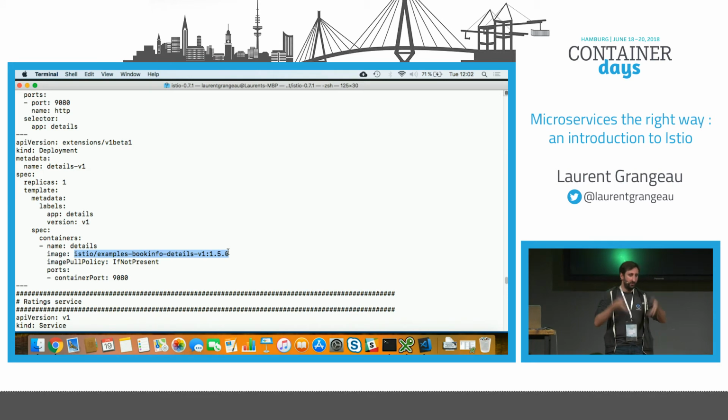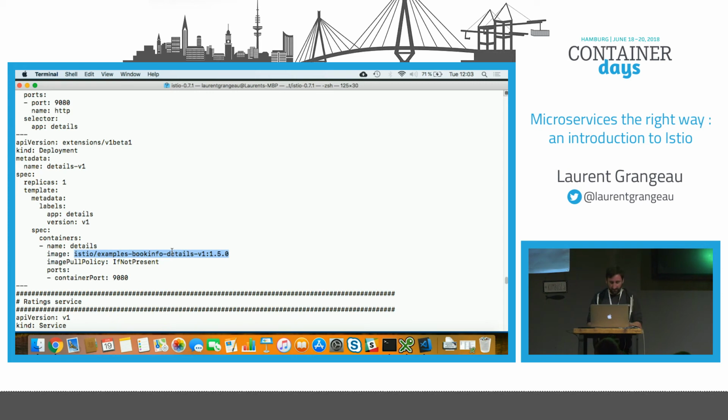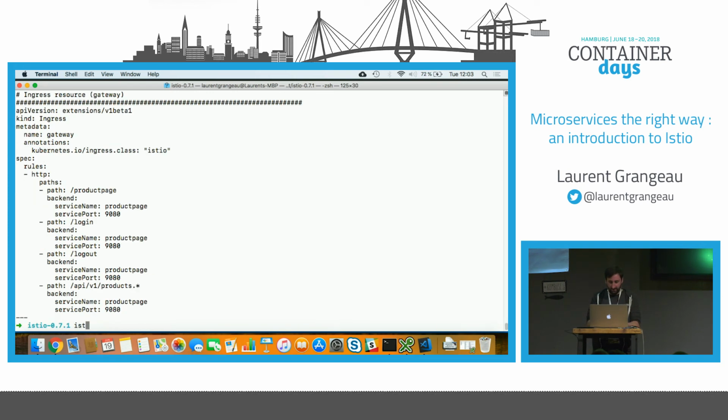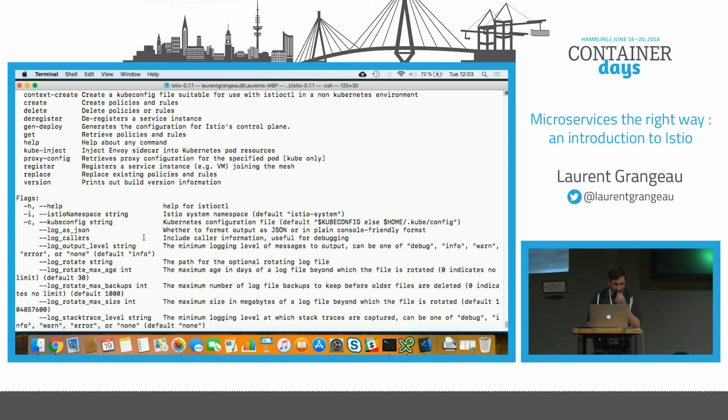So it's at runtime that Envoy proxies are getting injected by Istio. Istio injects the container with the istioctl, I think, with kube-inject.